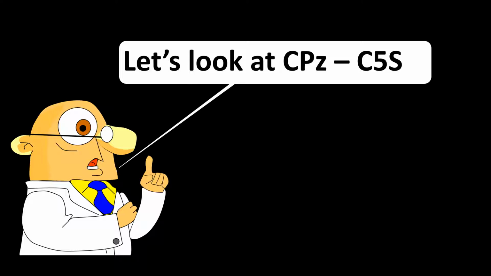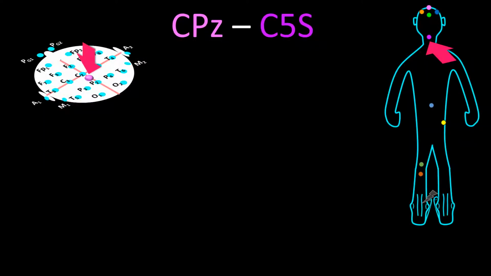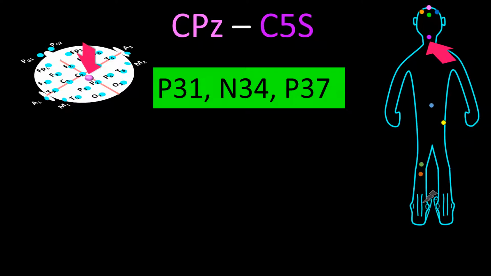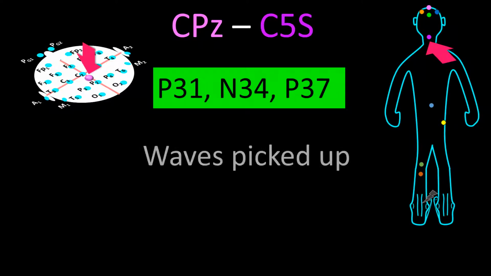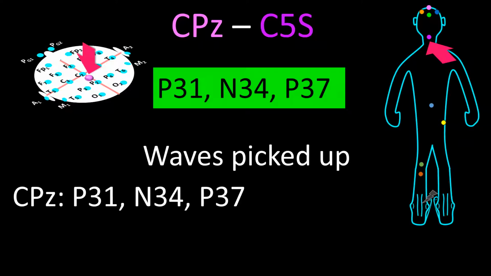Now let us consider the derivation going from CPZ to C5S. The CPZ electrode is connected to the input 1 of the amplifier, and C5S is obviously connected to the input 2 of the amplifier. Such derivation and arrangement will encounter three peaks: P31, N34, and P37. The waves picked up by CPZ are P31, N34, and P37. And C5S